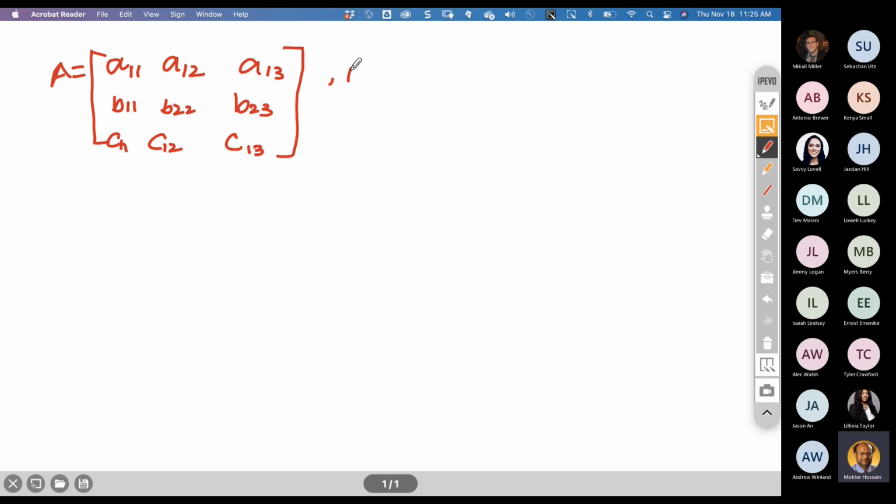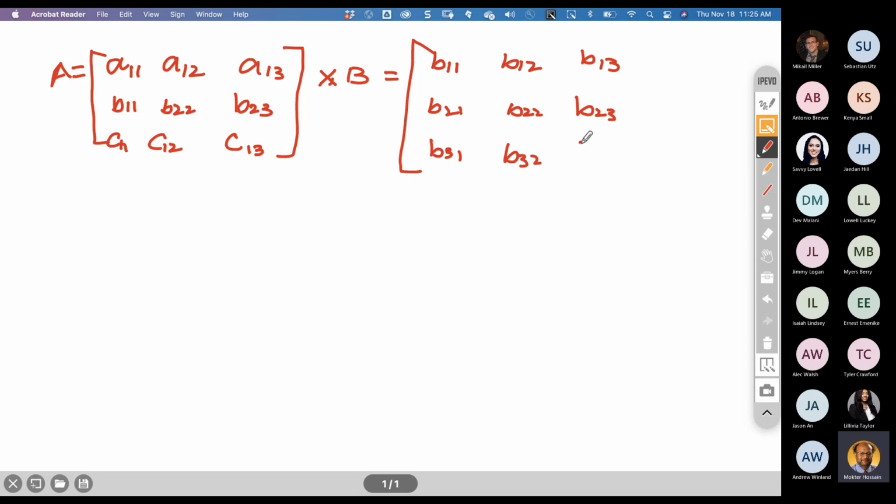Okay, and when I multiply by B, this is called matrix multiplication. So B11, B12, B13, B21, B22, B23, B31, B32, B33. Okay, this can be any value, 0, 1, 2. So I'm writing the general formula. The general formula you can remember is that whenever multiplying,